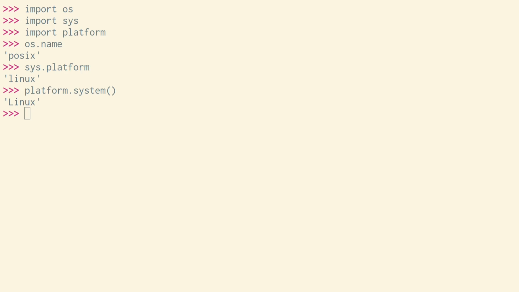How can you check which operating system your Python code is running on? There are three common approaches for checking the operating system that your Python code is running on: reading os.name, reading sys.platform, or calling platform.system. Let's quickly look at these three approaches and discuss which one might be best for your